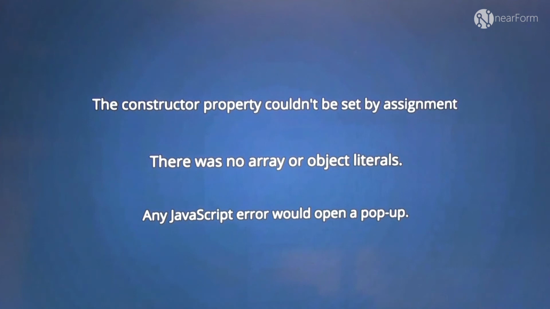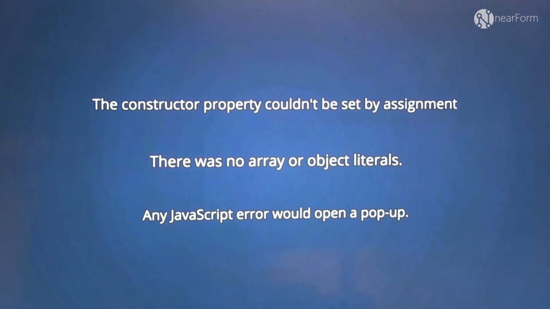And one of the most annoying things of these implementations was that any error in your script, in your page, in your JavaScript would open up a pop-up. So the flow would be the user would have to click accept to continue the execution of JavaScript, which now sounds like a really bad decision, but who knows?